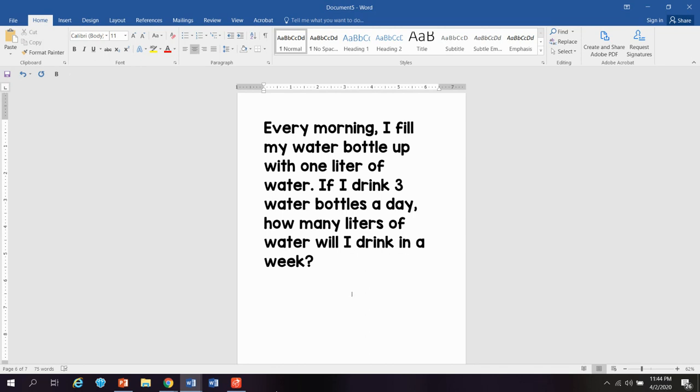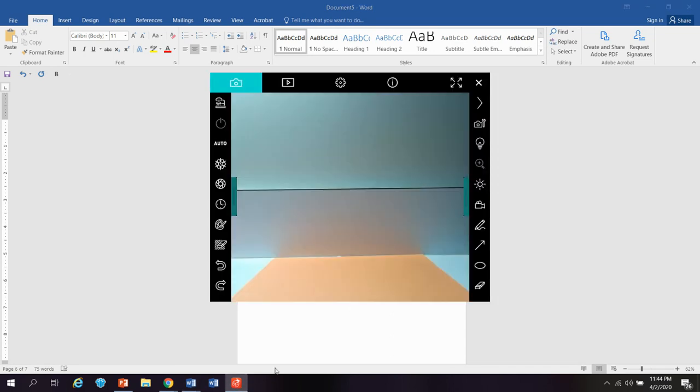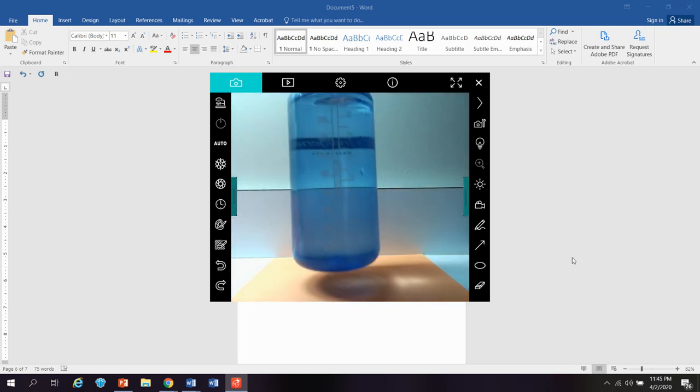It says, every morning I fill up my water bottle with 1 liter of water. If I drink 3 water bottles a day, how many liters of water will I drink in a week? All right, so it says every morning I fill my water bottle up with 1 liter of water. If I drink 3 of the water bottles a day, how many liters of water will I drink in a week? So let's take a look, and if you look here, I've got my actual real water bottle that we're